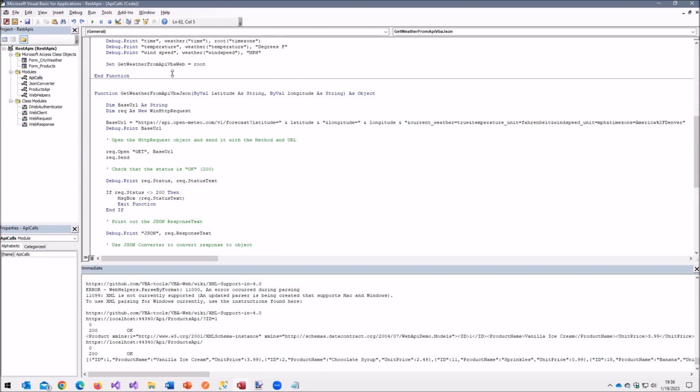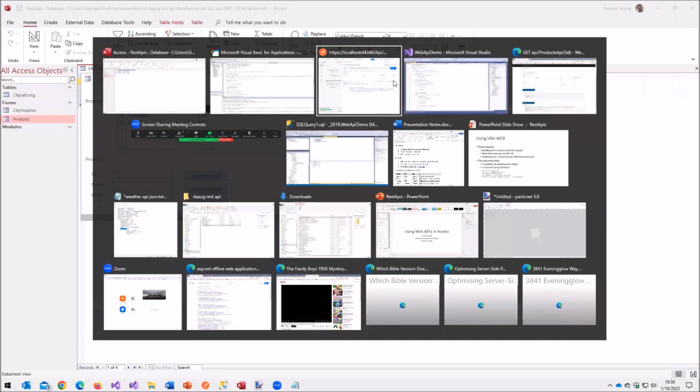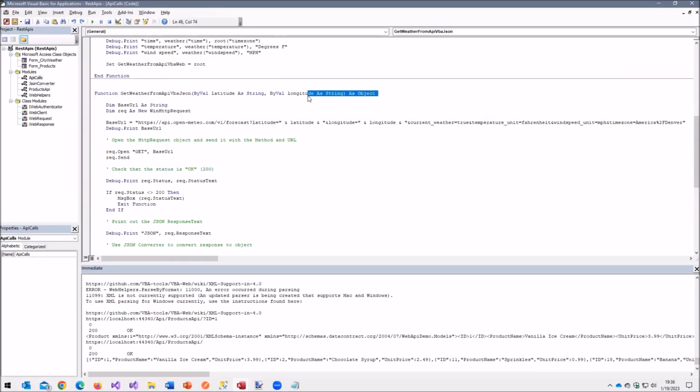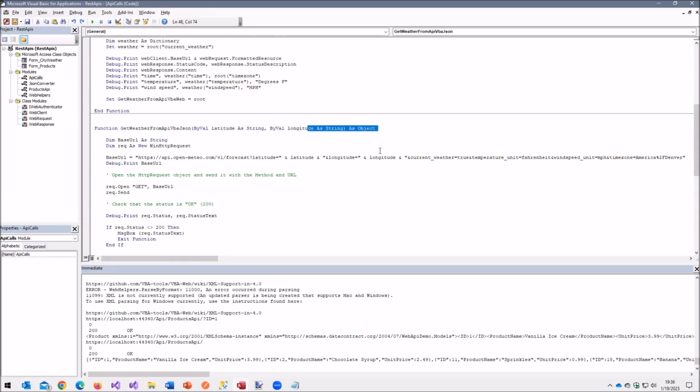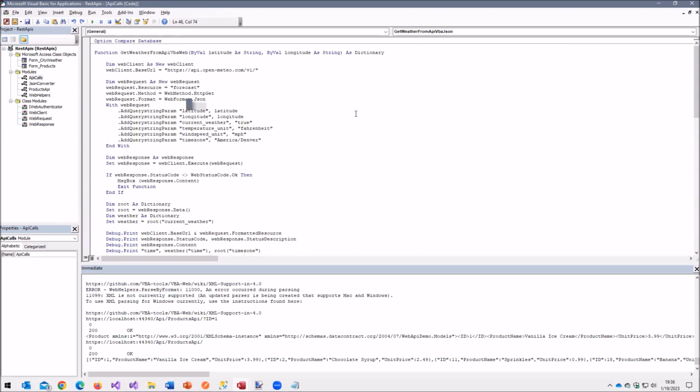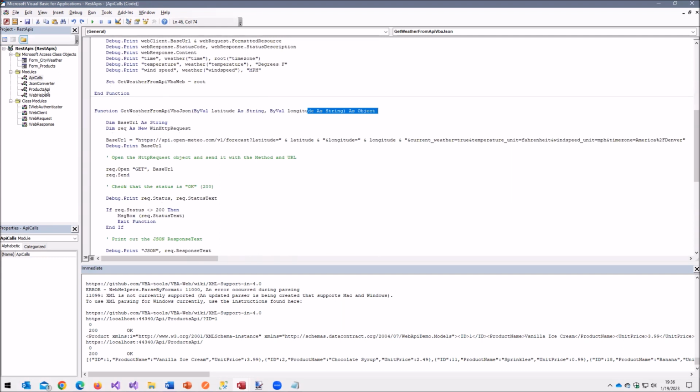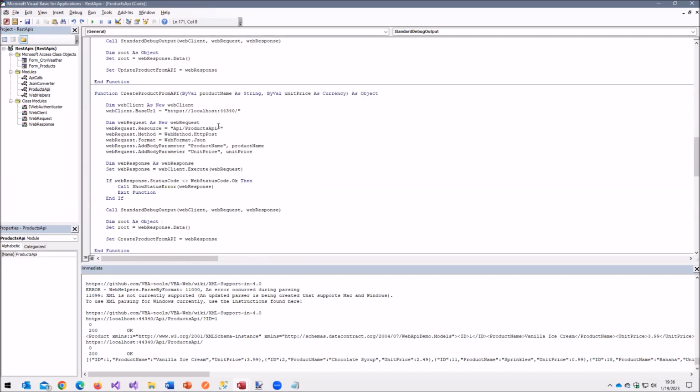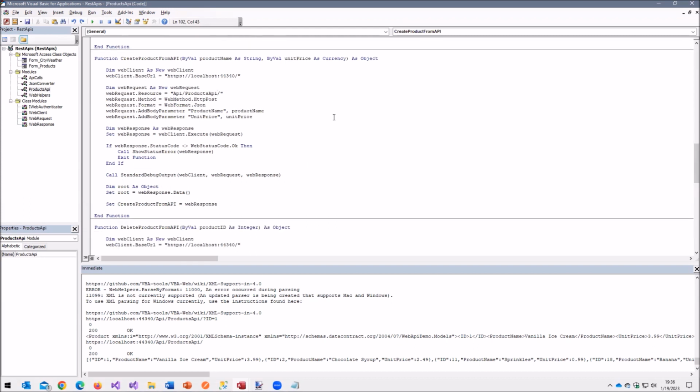And that's one of the nice things about using VBA Web: you're not likely to mess up string concatenation. You could still give the wrong value, like we did here in the products API where we had the S in there. But yeah. All right, great. Any other questions before we move on?